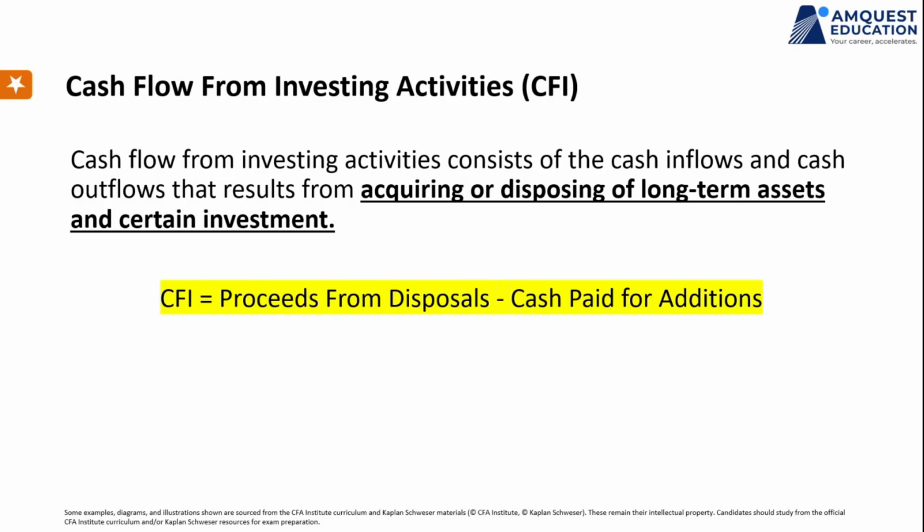Now from investing activities, again, there are no two different cash flows. So investing activities is all about making it on the same cash flow. Cash flow from investing activity consists of cash inflows and cash outflows that result from acquiring or disposing of long-term assets. So when we say it depends on acquiring or disposing of long-term assets, buying or selling the long-term assets,